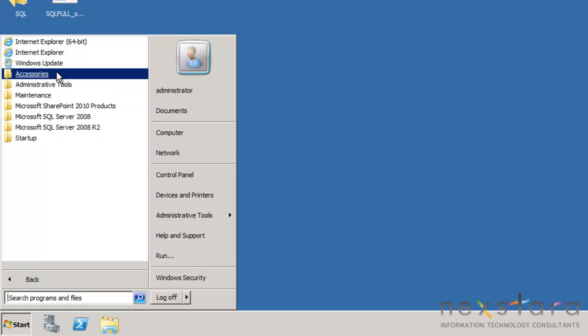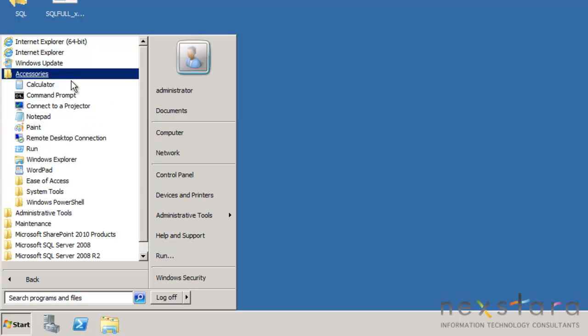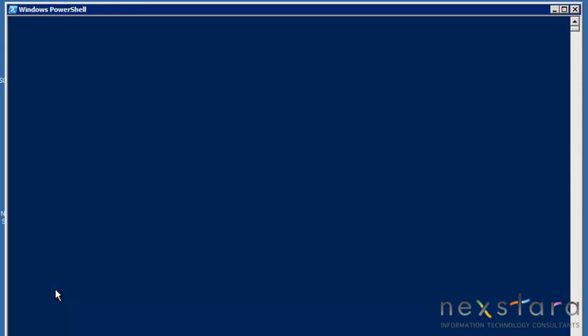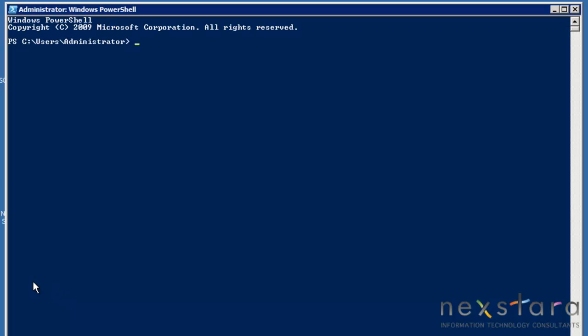So, the obvious choice for most people is going to be PowerShell. So we open up PowerShell, and the command we're going to be using is Backup-SPFarm, SharePoint farm obviously. So first of all, we're going to try and get help, and luckily PowerShell gives us tab completion, something I've been waiting for in Windows for a while. And the command we want is Backup-SPFarm. Now we type that in, hit enter,